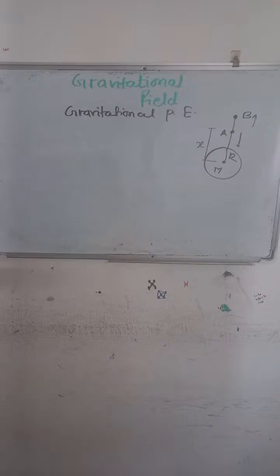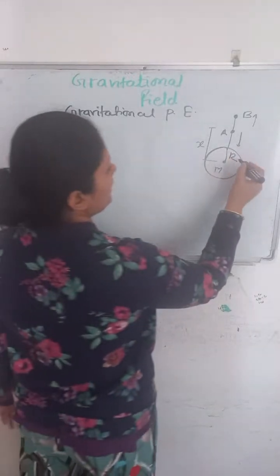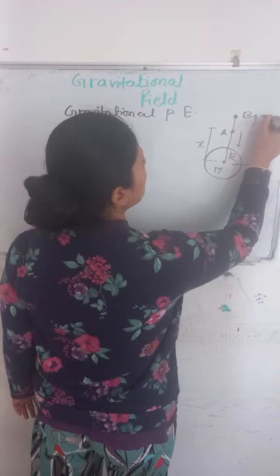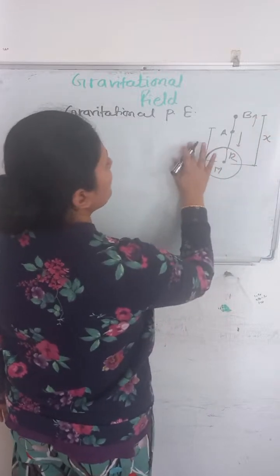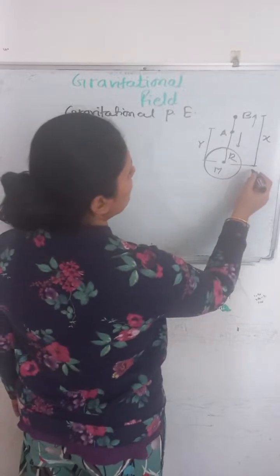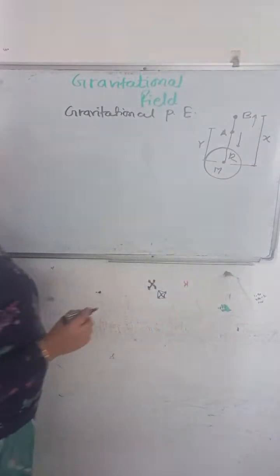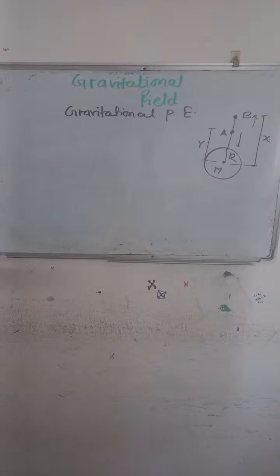Now I took that distance up to x, or you can take this distance as a small r, and the distance from the center to point B is x. So I did work against gravity to bring that body from A to B. This work done is known as gravitational potential energy. Here, the gravitational force on a body at point B is